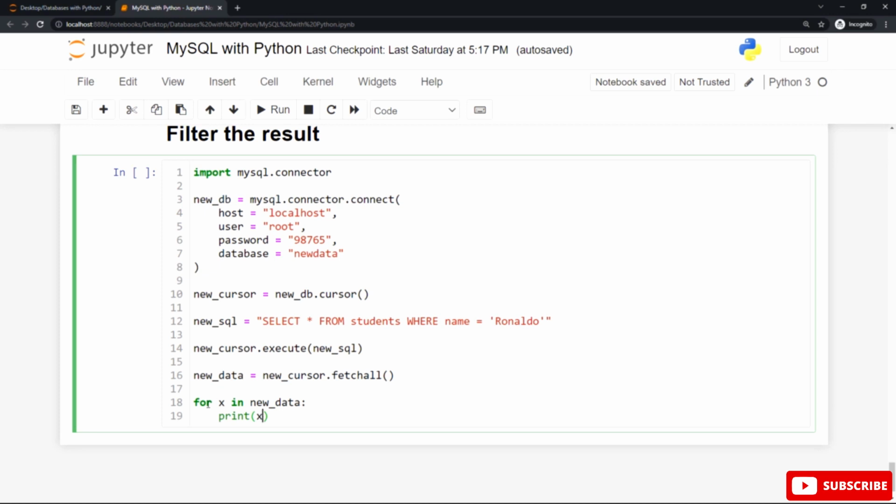To iterate over this iterator or to display all the records that match this condition one by one, use the for loop with the for keyword in Python programming language, followed by the variable name that will represent each record one by one. It will represent the first record, and after looping through the first record, it will display the second one, and so on until reaching the last one in this iterator called new data here.